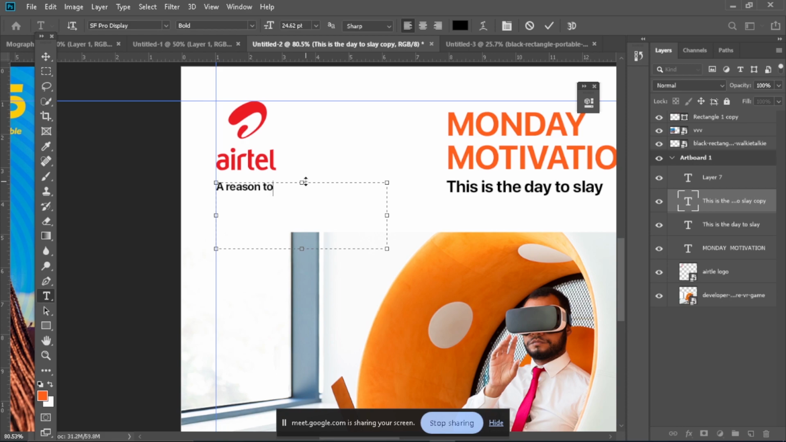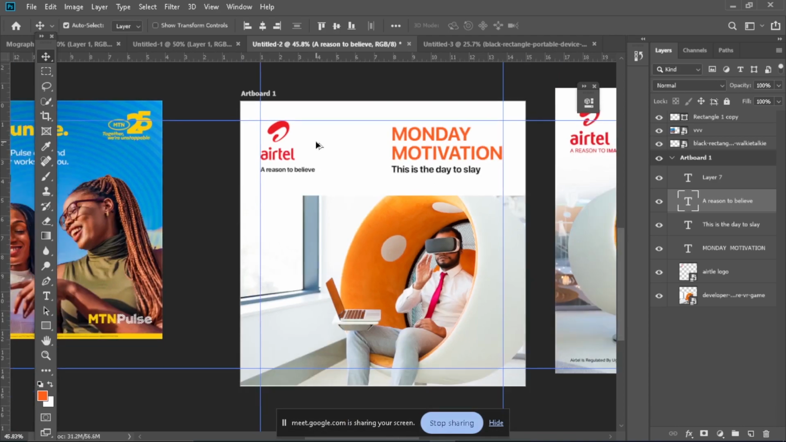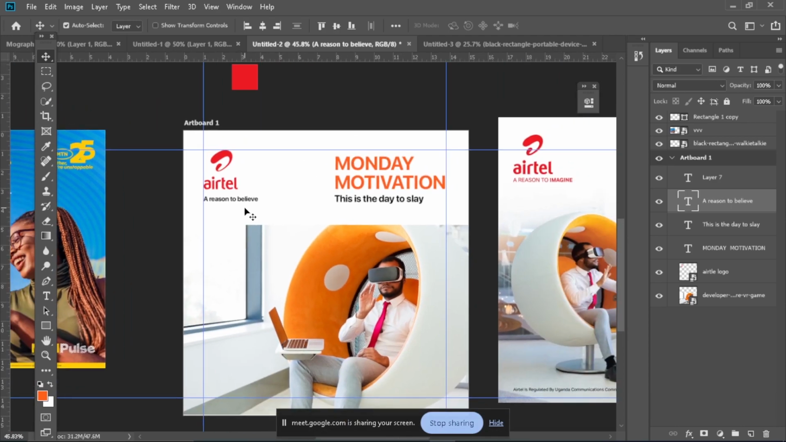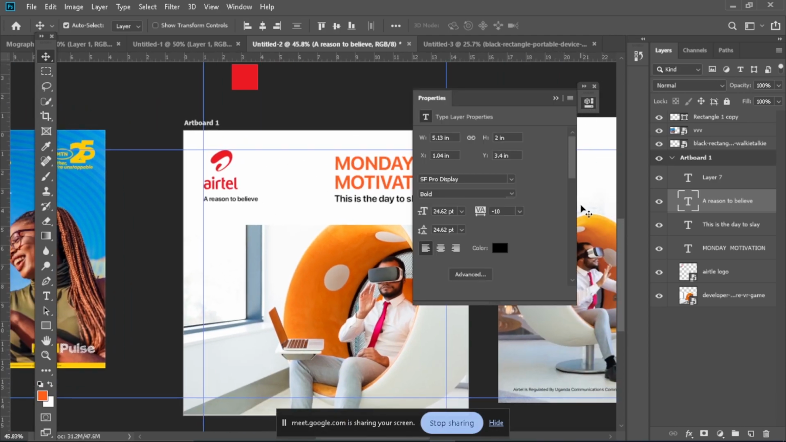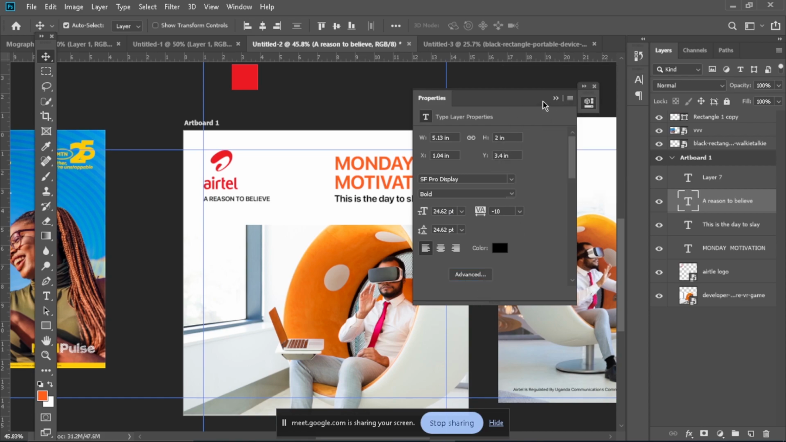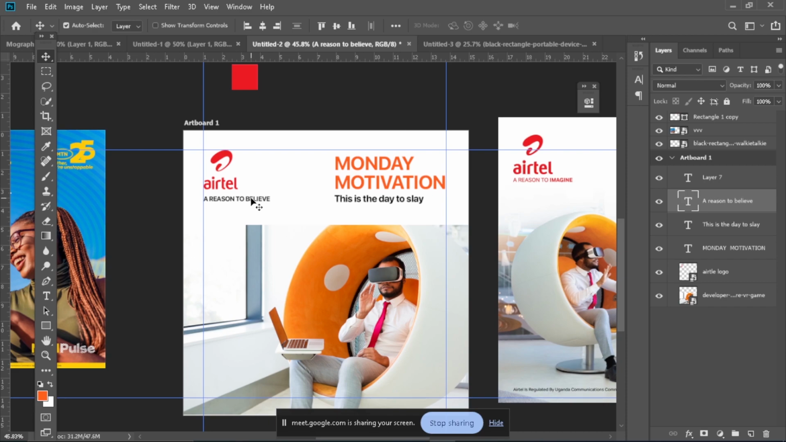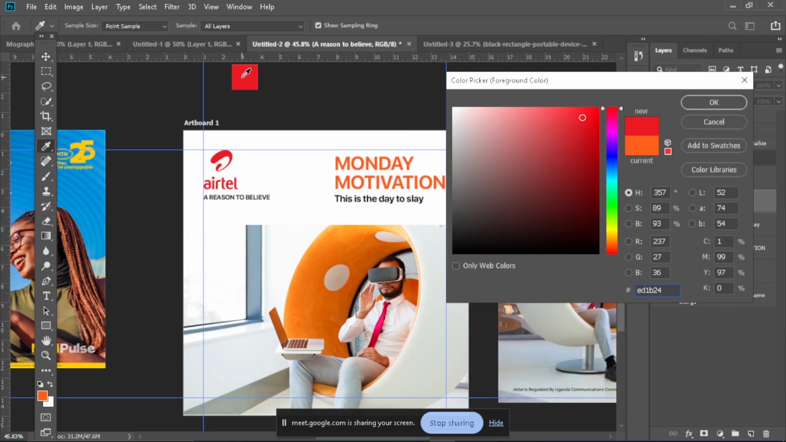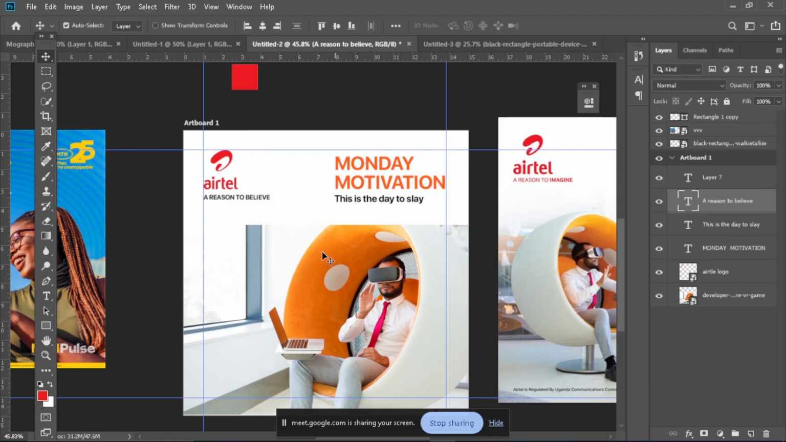A reason to believe. All right. I think let me just make them capital letters. Advanced capital reason to believe. It's in English. We created our color palette so we can actually easily